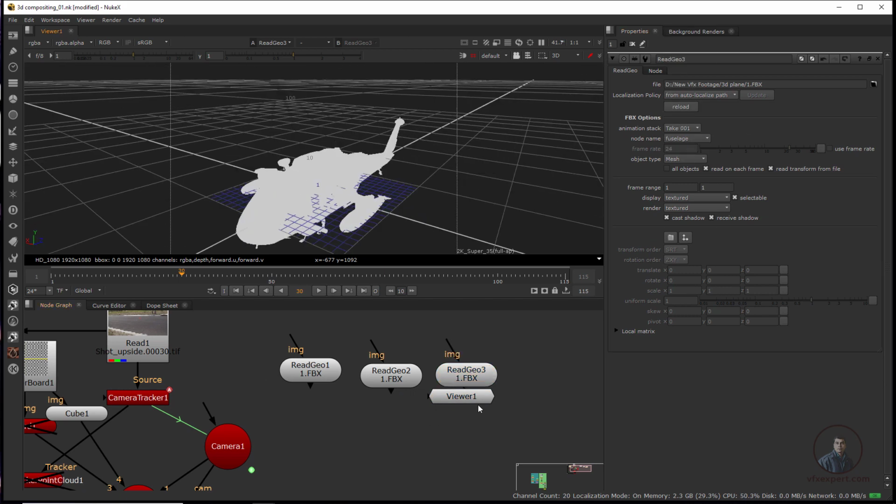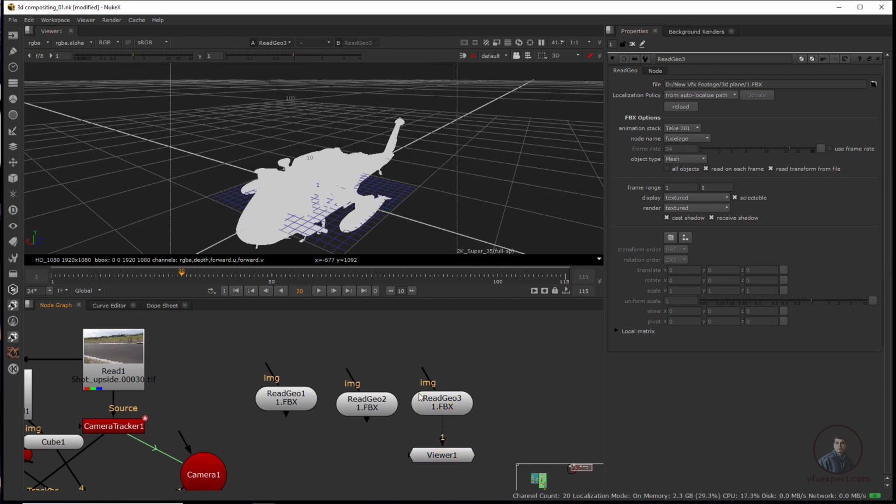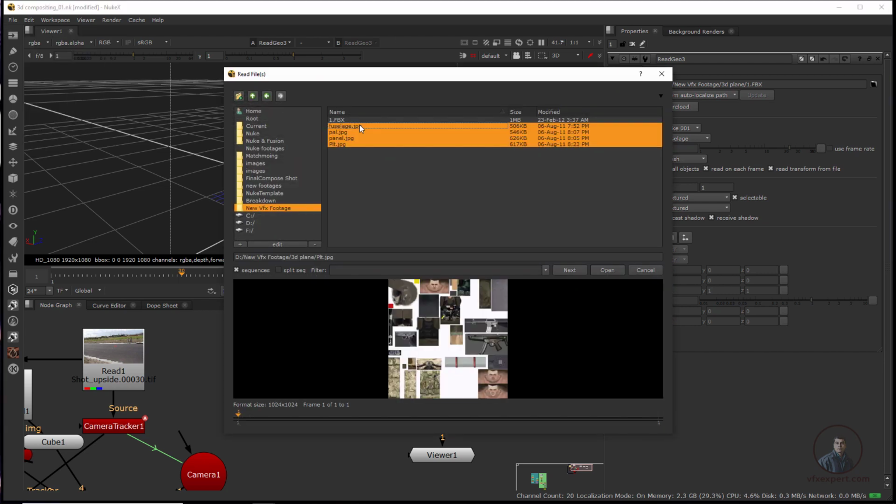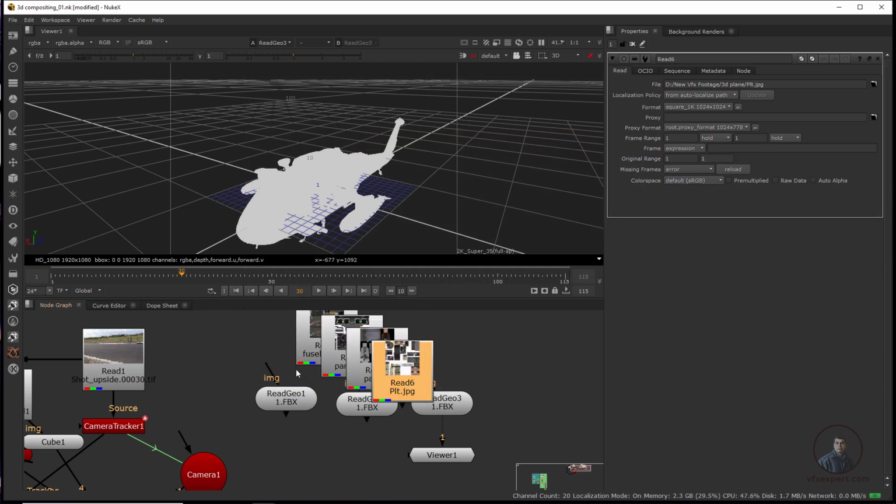So these elements I am going to take. Now I already have UV maps for these elements, so I am going to import them. Then, simple image, you have to import, read, and just import all. So just select all of these and click on open. So now you can see.